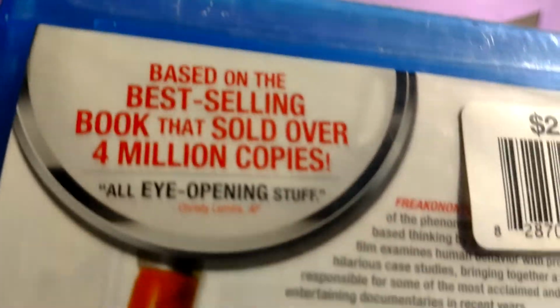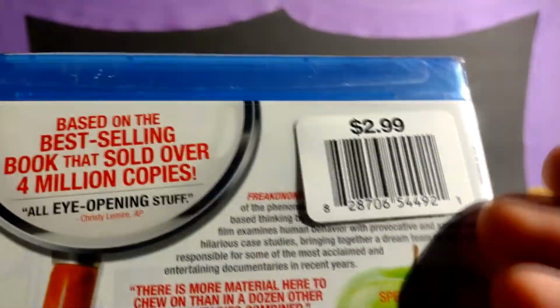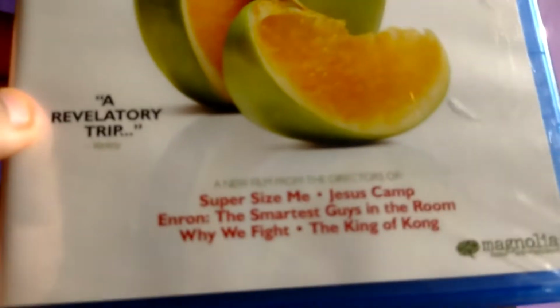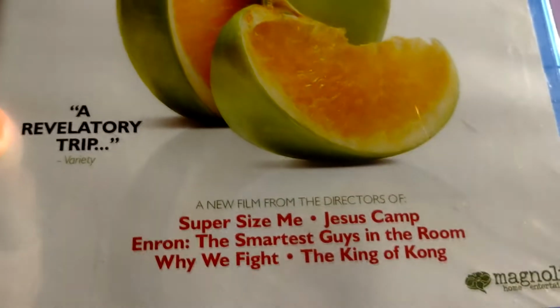All eye-opening stuff. I wish I could tell you what this documentary is about, but the $2.99 sticker pretty much covers all of that. So, yeah. But maybe it's like revealing secret stuff. It does say it's got the directors of Super Size Me, Jesus Camp, Enron: The Smartest Guys in the Room, Why We Fight, and The King of Kong,